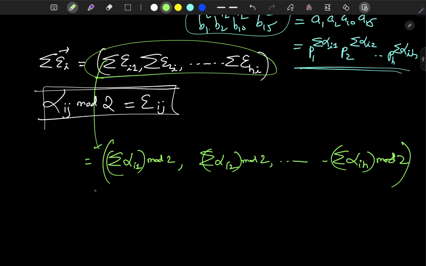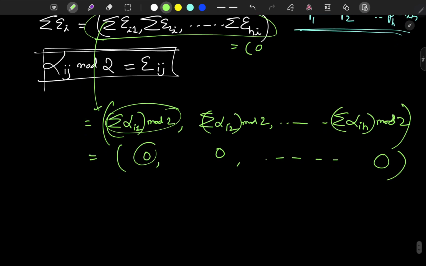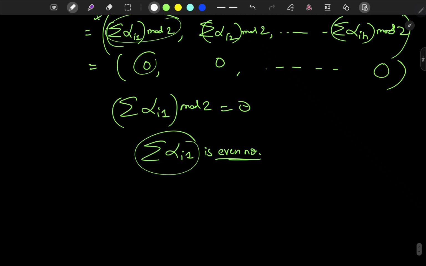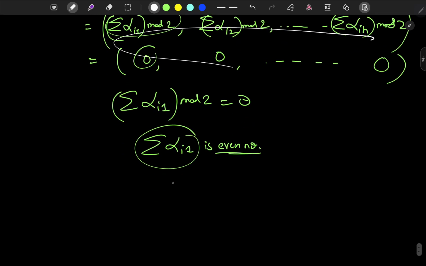Okay, so now since all of this is equal to 0, 0, 0, 0, it becomes 0, 0, so that means the individual components are 0. That means sigma alpha I1 mod 2 equals 0. So from this I can conclude that sigma alpha whole I is a what? Even number. So from all these things I can write like this: sigma alpha ij